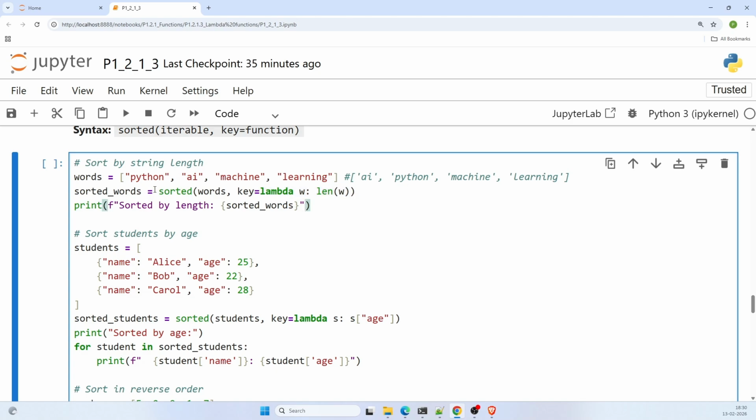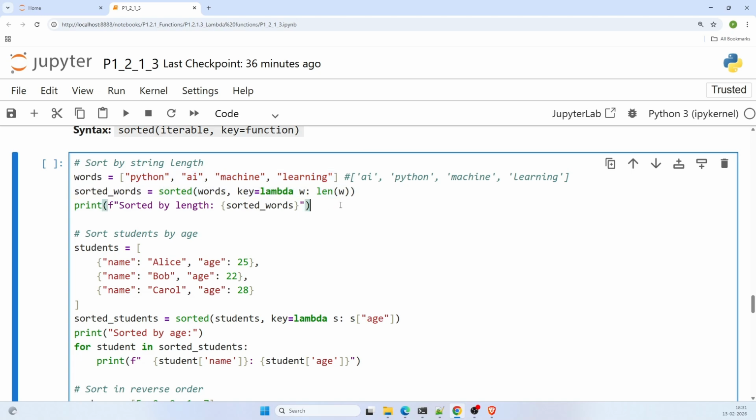So here, first, Python computes the length and keeps it in one order, and then "AI" comes, it keeps the length, and now this length is 2. So this sorted function will automatically rearrange accordingly inside. So the entire logic of sorting by the length of the string, instead of writing a for loop, iterating each element, finding the length and then arranging it, everything is automatically taken care of by this one